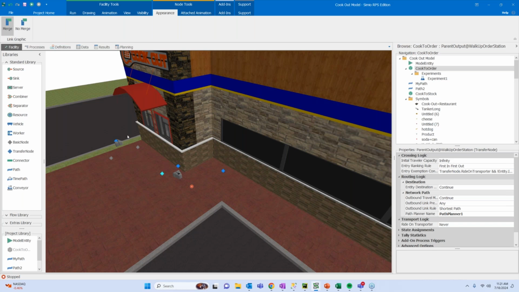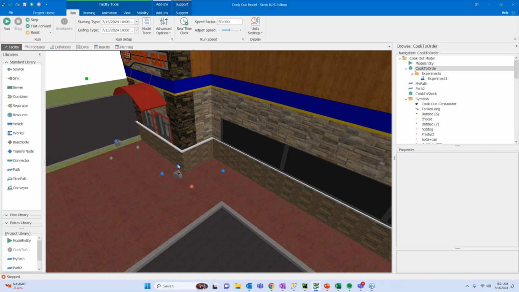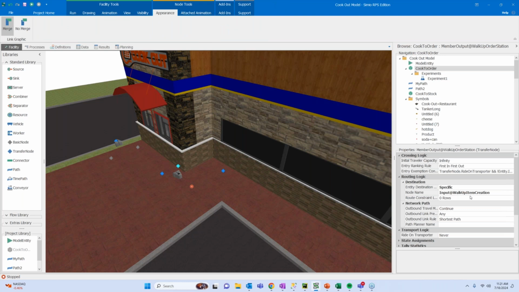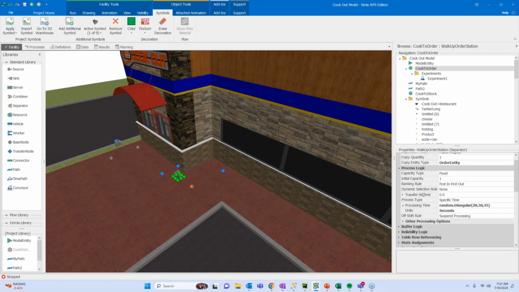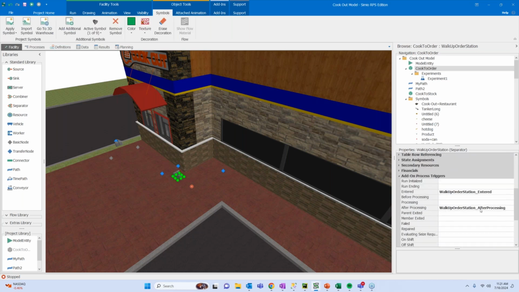Again, they will continue to wait in the walk-up window queue, but the order entity now is going to go to item creation, so another layer of splitting. And on that process, we've also distinguished after processing. One other nuance to this batching is that because we have a data structure around how we're generating our combinations, I wanted to dip into process logic a little bit to create these unique entities for a given batch.